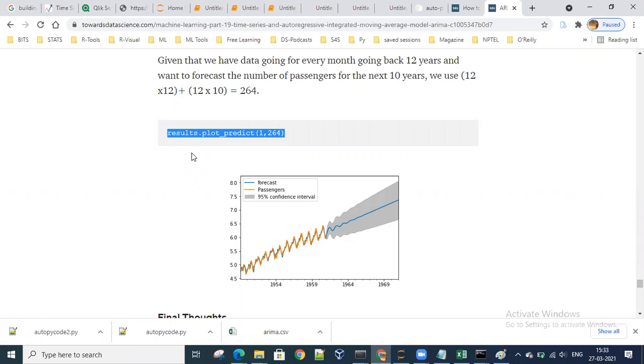Anybody else? Any doubt till now? Sir, can we plot yesterday's stock price graph on the ARIMA model?